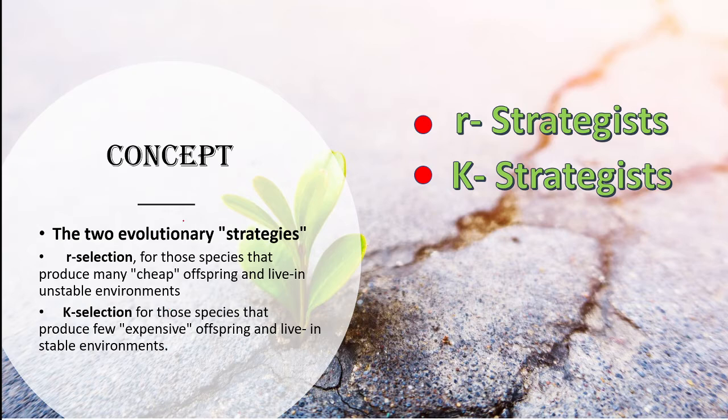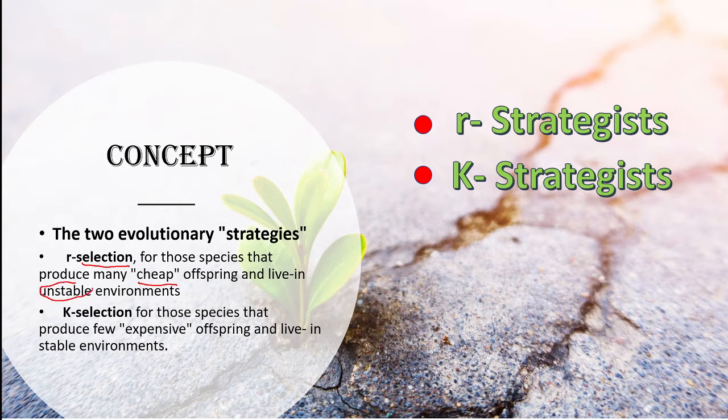The terms R selected and K selected come from a description of the population growth regimes of the two types of organism. R selection is for those organisms or species that produce cheap offspring and live in an unstable